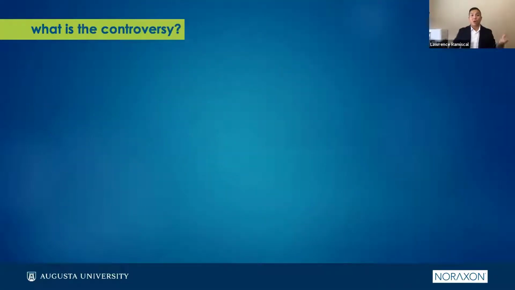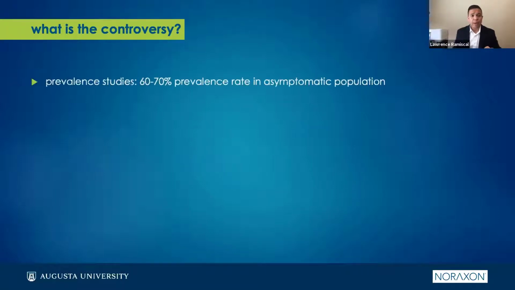Now, let's talk about the controversy. What is going on when it comes to scapular dyskinesis? Scouring through the literature, this is what we have. In prevalence studies, meaning how common scapular dyskinesis is, it has been shown that there is a 60 to 70% prevalence